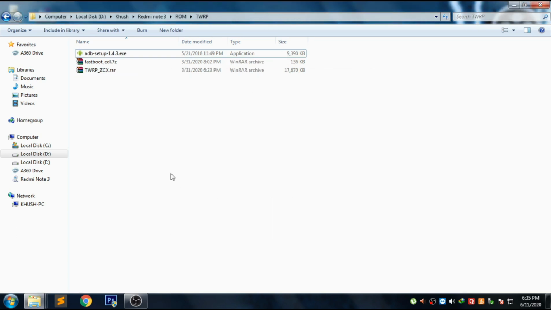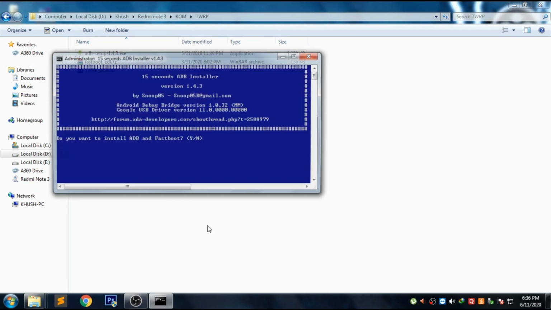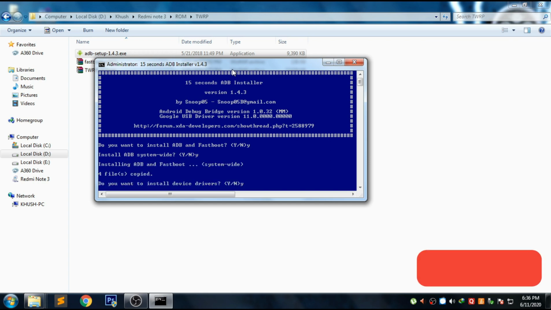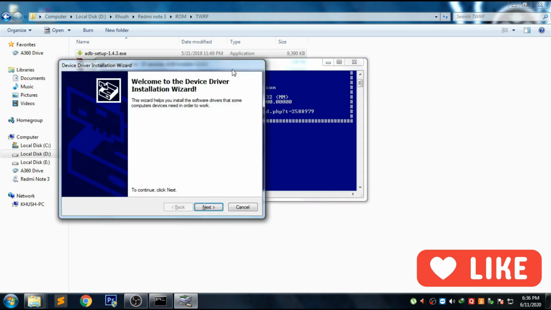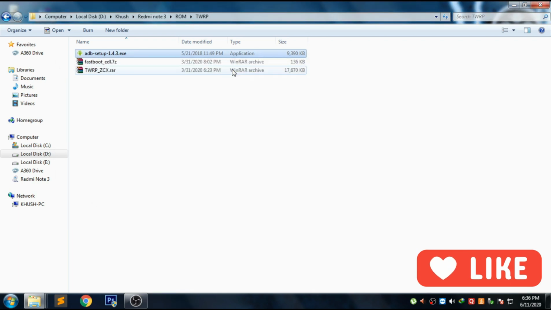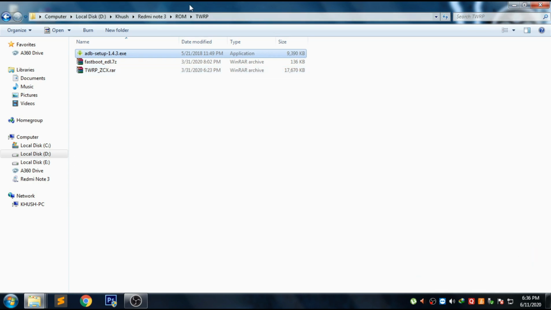So guys, after installing the Mi Flash, you have to install this ADB setup file. Just click on run and the blue screen will appear. Just press Y and press enter, then again press Y and press enter. This will install the ADB drivers on your computer. Just click on next and the drivers will be installed. Okay, after that